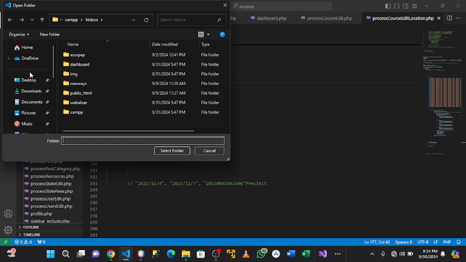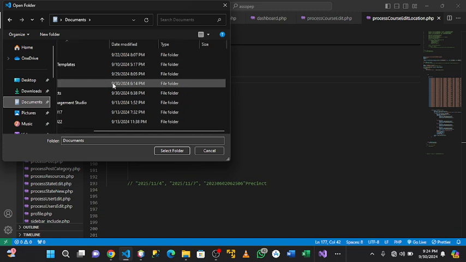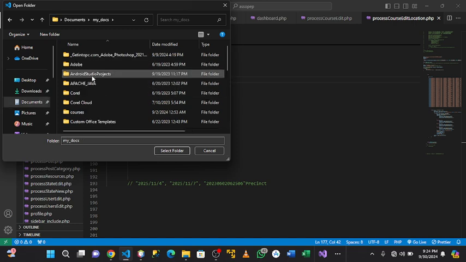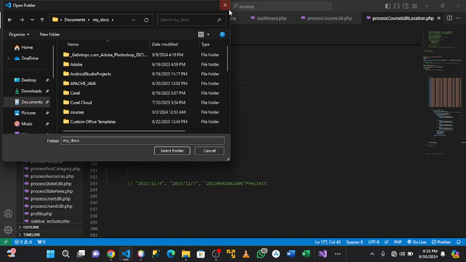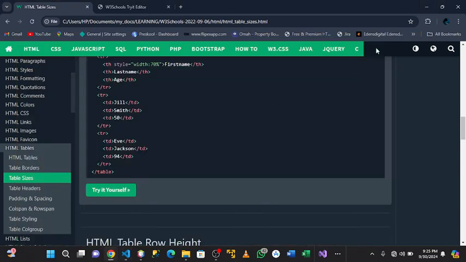Okay, documents, and wait, okay, hold on. I'm trying to go to where. Okay, my docs. Okay, I need to create a new folder. Let me just create a new folder and then open it. Or should I just simply let me go to my,